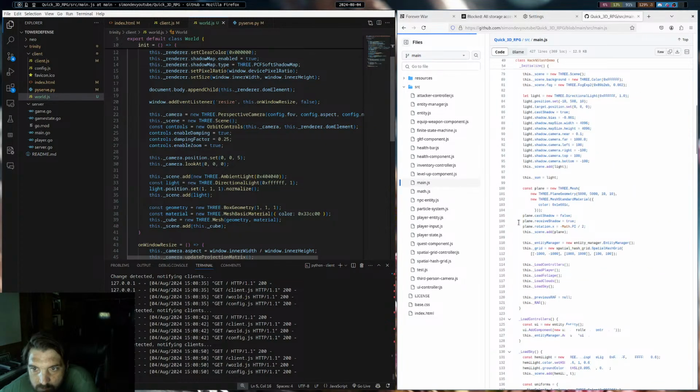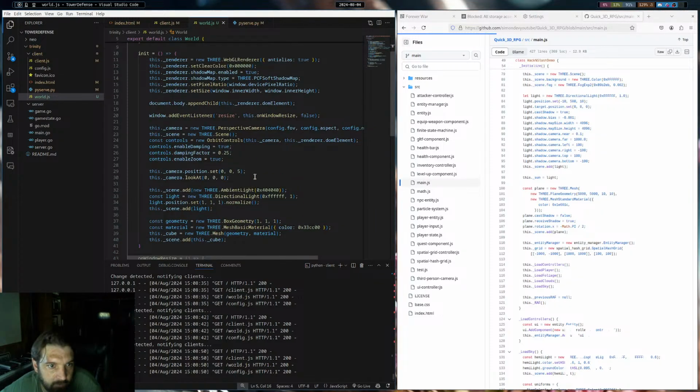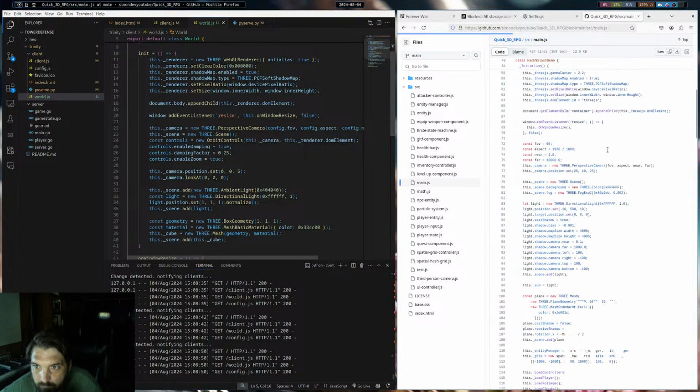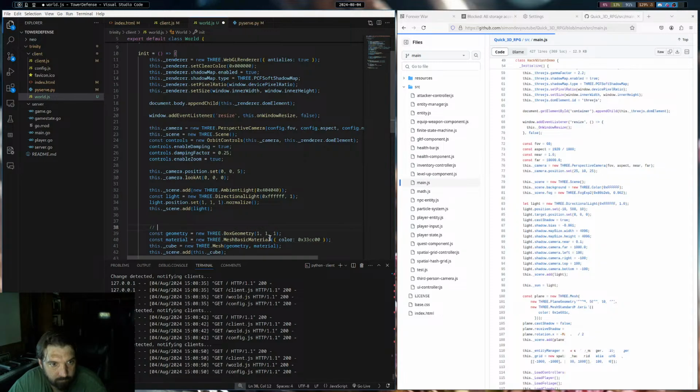I do want to try this though. I want to try to set up a plane. Like, let's add a plane into our world. The scene, we add a scene. Let's do cube. So this is just a placeholder to show that we have something in the scene. But we do want to say this